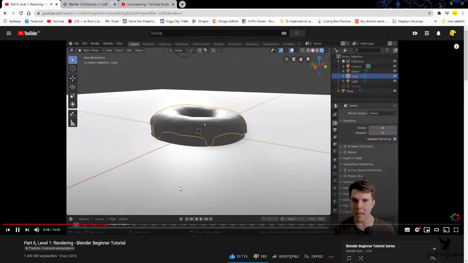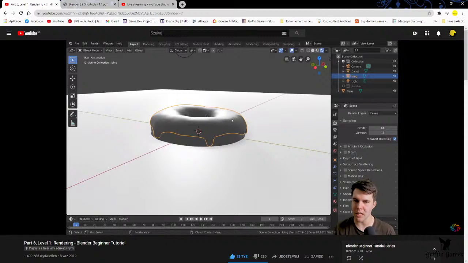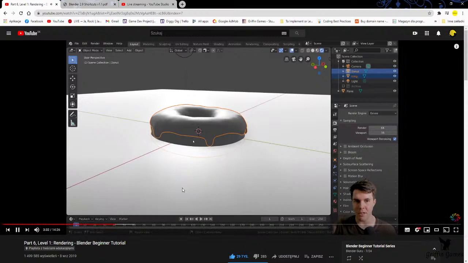The way you parent things in Blender is you select first the object that is the child of a parent object, meaning the one that's supposed to follow another object. So the icing first, then shift click on the object which is going to become the parent, the master object, and then I'm going to hit Control P for parent. And then you can select object or object keep transform. I always use keep transform,